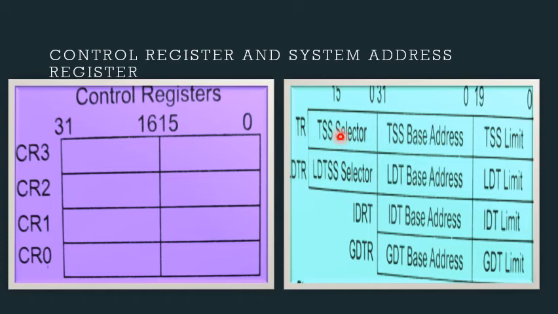The system address and segment registers are used to hold the address of the descriptor tables GDT, IDT, LDT and TSS and their respective segments. These registers are called GDTR, IDTR, LDTR and TR respectively. The GDTR and IDTR are known as system address registers, but LDTR and TR are known as system segment registers.